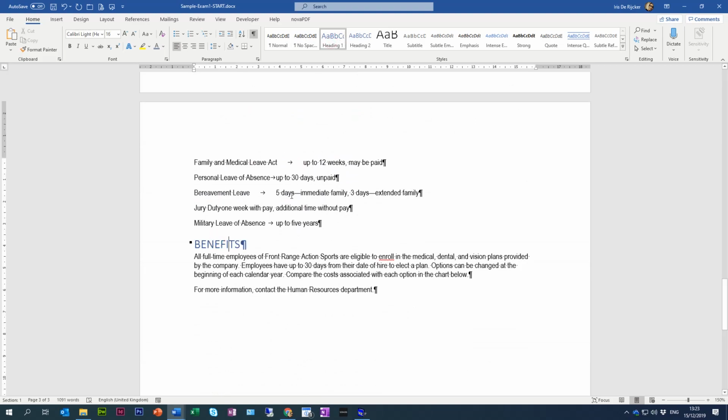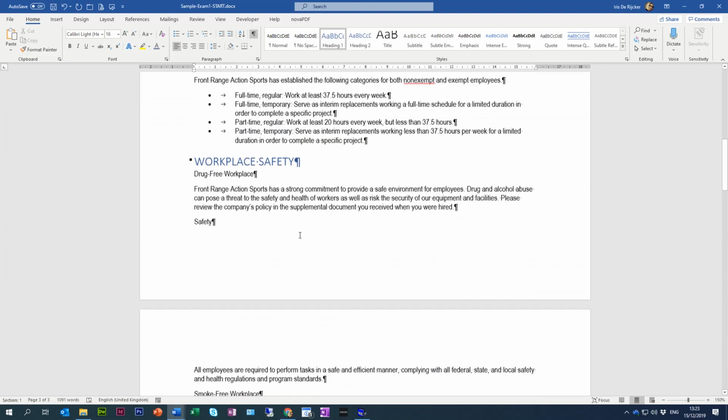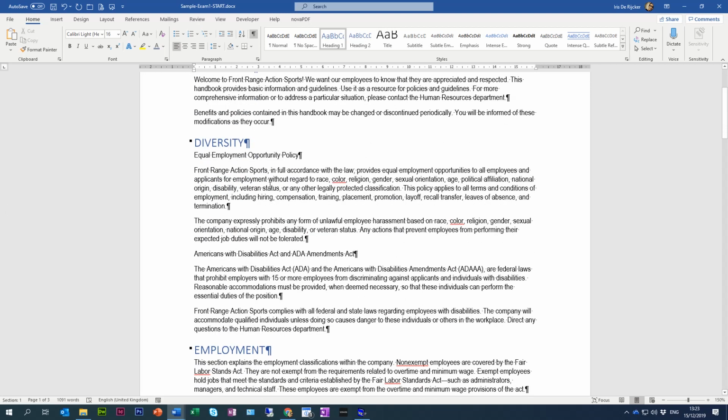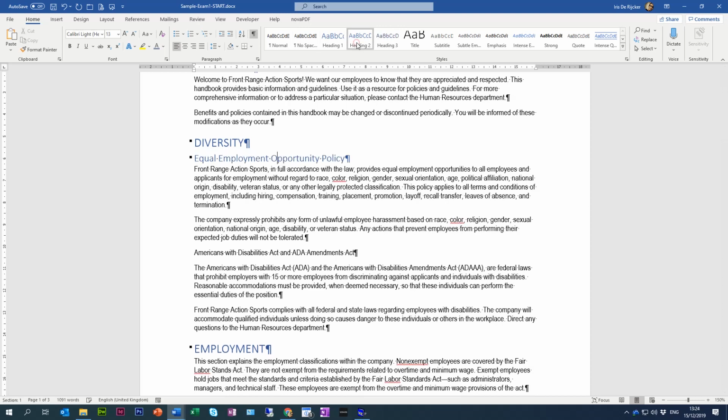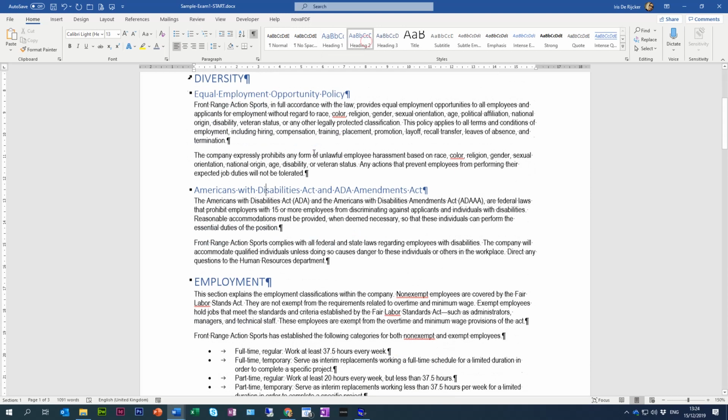Make second level titles of the paragraphs beginning. Second level titles, of course, is heading 2. Beginning, equal employment, Americans with disabilities,